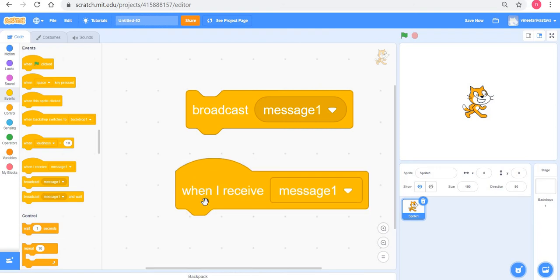Now the question is, what is broadcast? Broadcast is a method by which sprites and everything else in the program secretly talk to each other. What do I mean by that? These are messages that sprites and the background pass to each other, like a message that sprite 1 can give to sprite 2.